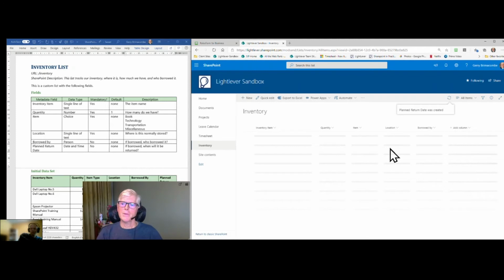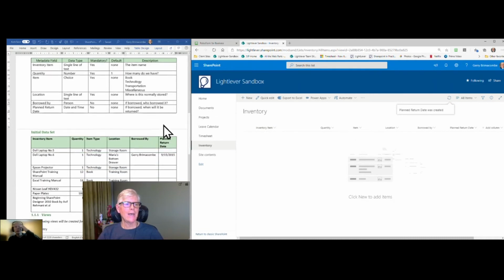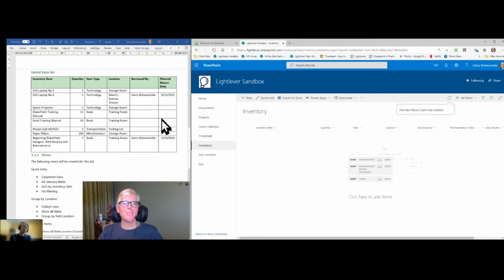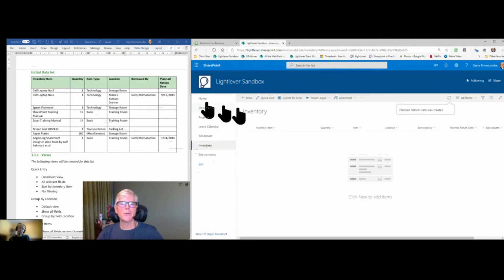Okay, so now we have our inventory list. We've created a list in SharePoint. Let's add some data to this list, and I'm going to do a copy and paste method here to put content in. Here's my initial data set. I've got inventory item, quantity, the item type, the location, who borrowed it, and when it's going to be returned. So when I go into quick edit mode,